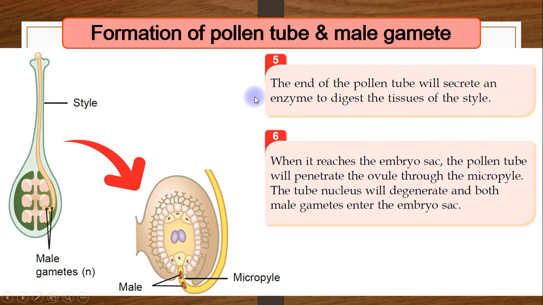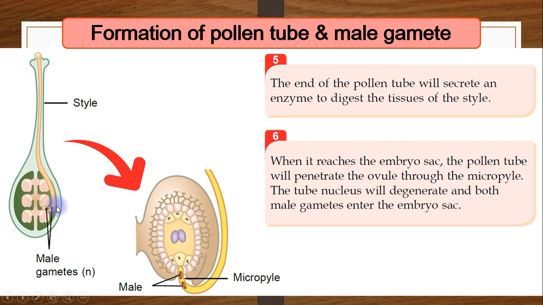Okay, next we go to number 5. The end of the pollen tube will secrete an enzyme to digest the tissue of the style. So how does the pollen tube move down the style? The end of the pollen tube will secrete an enzyme, and when it secretes the enzyme, it will digest the tissue of the style and then move down